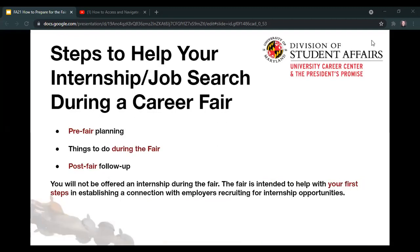So to prepare for the fair, there are quite a few steps that you should take to have the best experience possible. There's certainly some homework that you should conduct about employers ahead of time. Then there are some best practices during the fair that can help make a good impression. And then finally, a lot of students might miss this part, but the follow-up is a really, really important piece